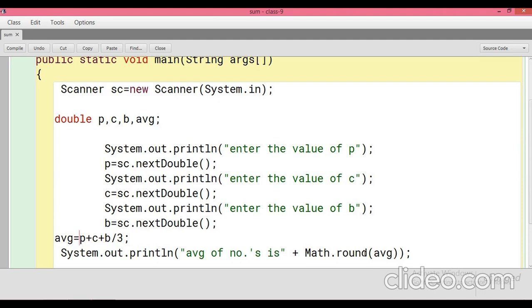Whatever the output of AVJ comes, we have to convert that into rounded form, because in this question it is clearly written: finally display the marks in rounded off form. For the rounded off form we have to use the function Math.round. The round function exists in the Math class. We have passed one argument in the round function, average, and we are printing the output on the screen by using the output statement